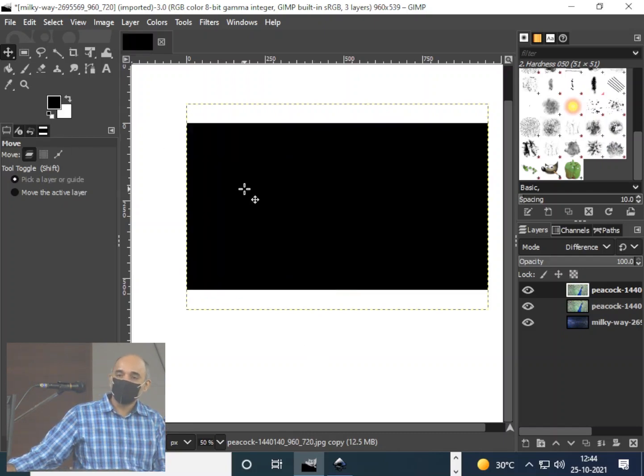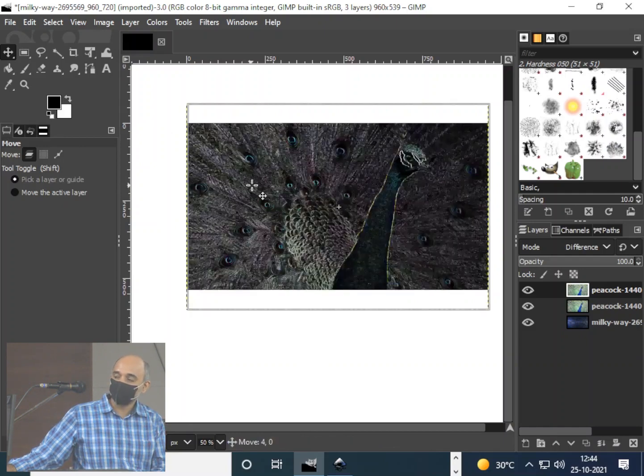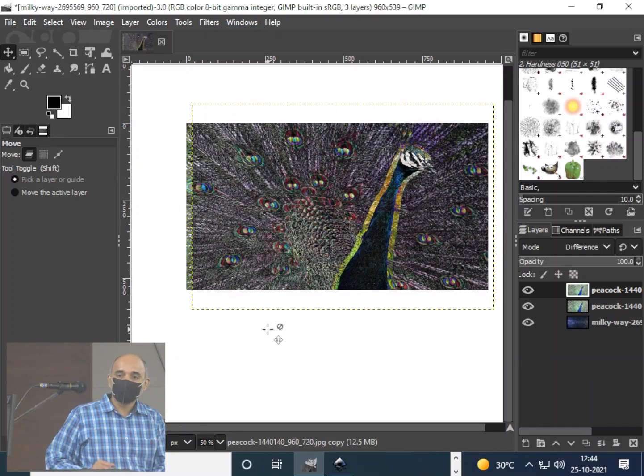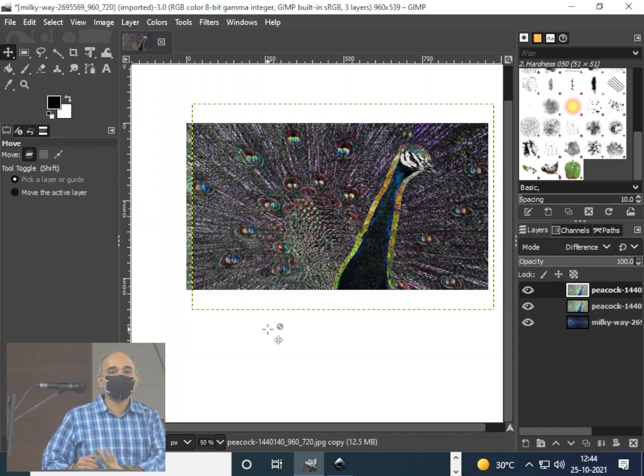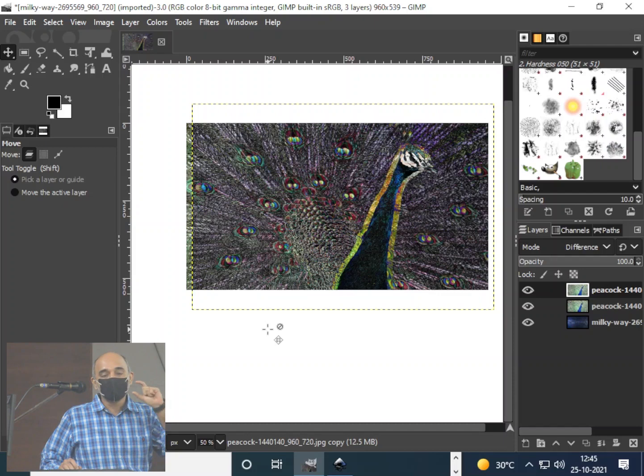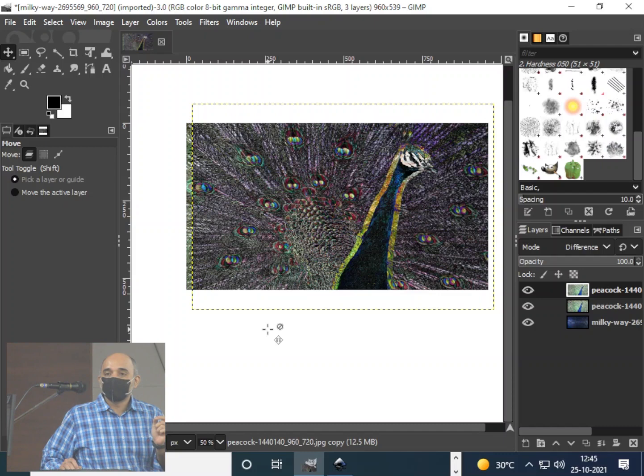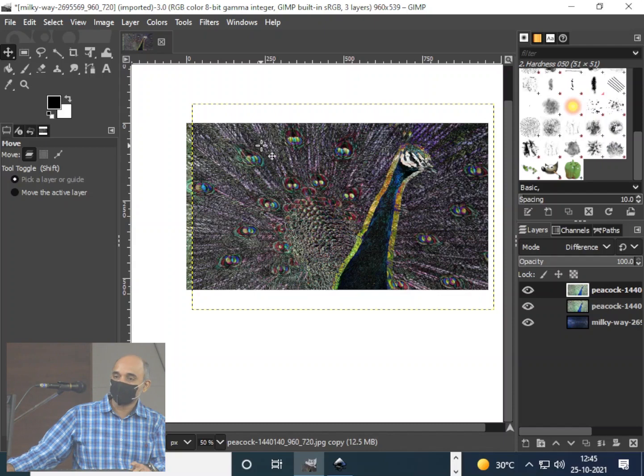Okay, repeat it one more time. This is what you are going to get. I am just moving the top layer slightly. Something gets visible. One word that is used for when we do things like this is called non-destructive editing. Okay, I am not destroying the image, it is still there, but I am just working on the values. That's why I said we are working on the third dimension, that is the values that each of the bytes or the bits has. Okay, so we have not touched the image in any way, we are just looking at the answer of it.